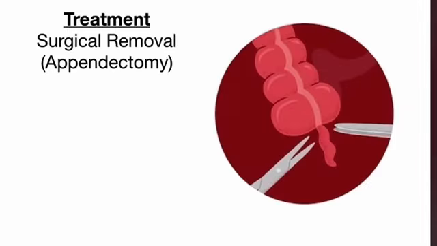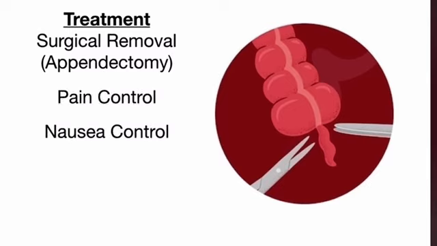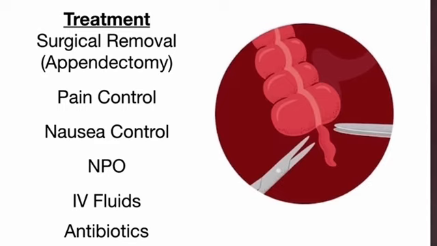Let's wrap this up by talking about the treatment for appendicitis. In the majority of cases, the appendix is going to be surgically removed, known as appendectomy. You're also going to want to control the patient's pain and any other symptoms that might be present, including nausea and vomiting. You're going to want to keep the patient NPO, which is nothing to eat or drink by mouth, so that way they're prepared surgically. The patient might also be receiving IV fluids. Lastly, in conjunction with the surgical consultation, you might be